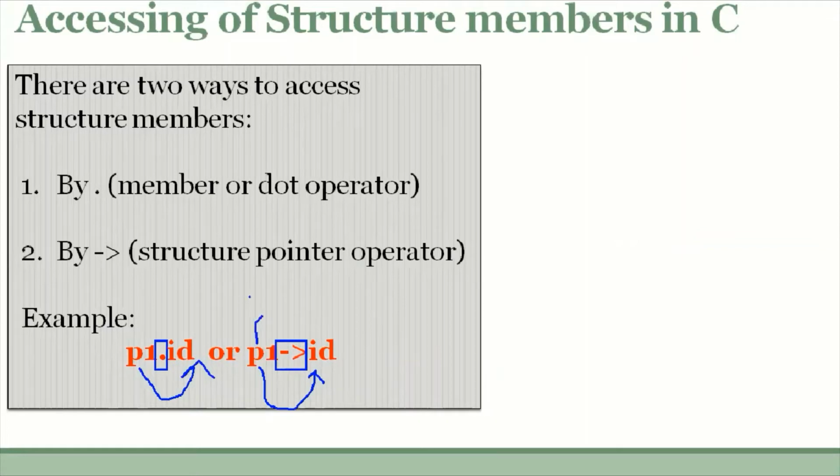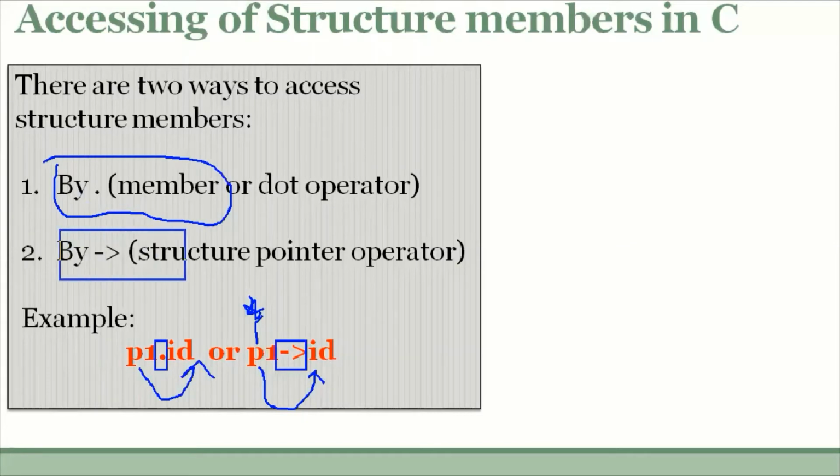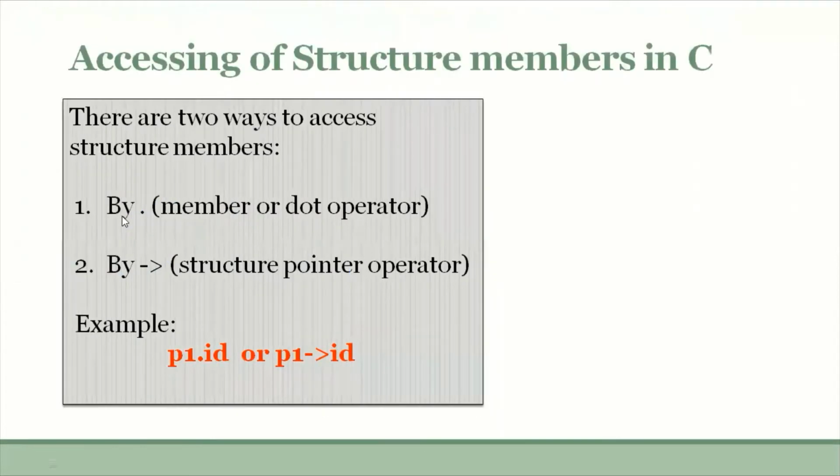If P1 is a pointer type variable, then we are supposed to use the arrow operator. If P1 is an ordinary variable, then we use the dot operator. So structure variable dot member variable, or structure variable arrow member variable. If the variable is qualified as a pointer, then the arrow operator will be used. If it is ordinary, then the dot operator will be used. That we will discuss with the help of an example.